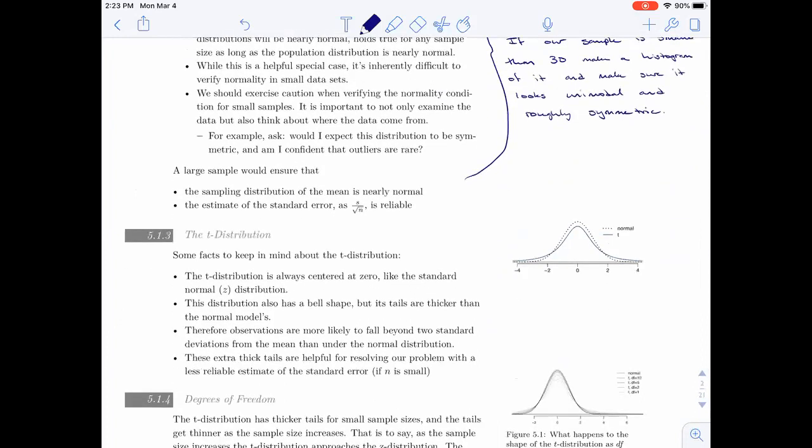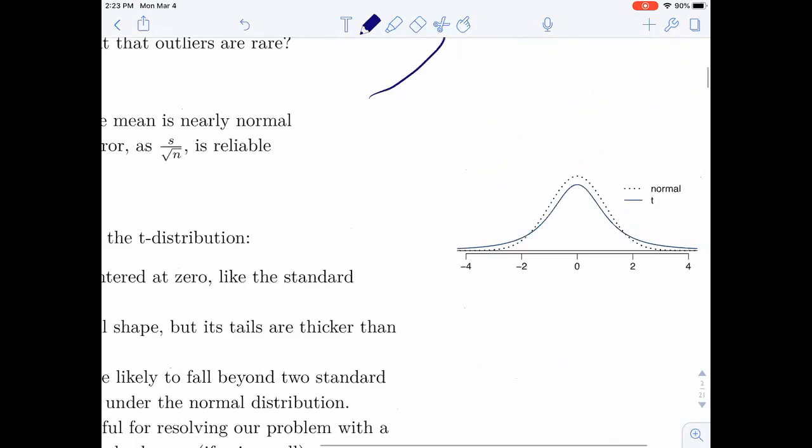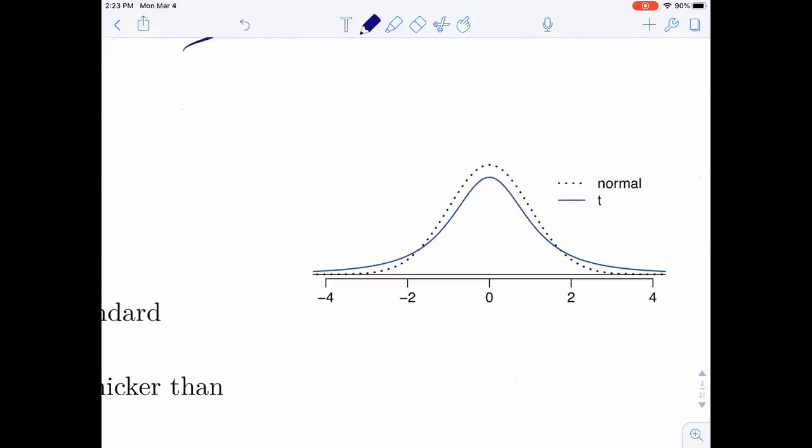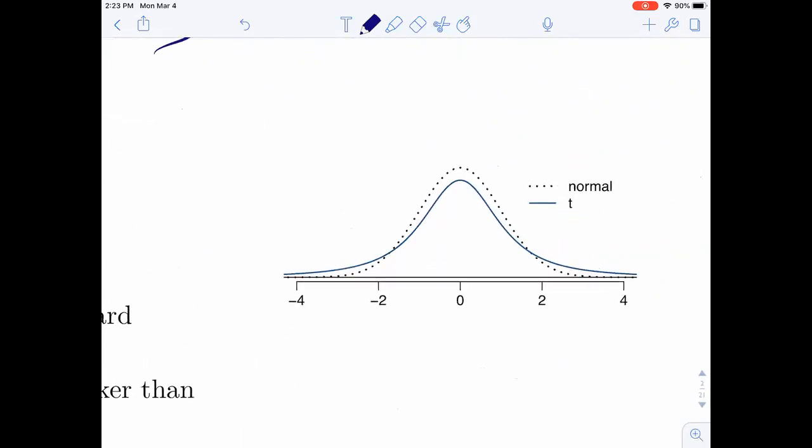So the t-distribution is very similar to the z-distribution. The z-distribution is the normal distribution. Same type of shape, centered on 0. Notice that the only difference really is, so here on the dotted line, we've got our z that we're used